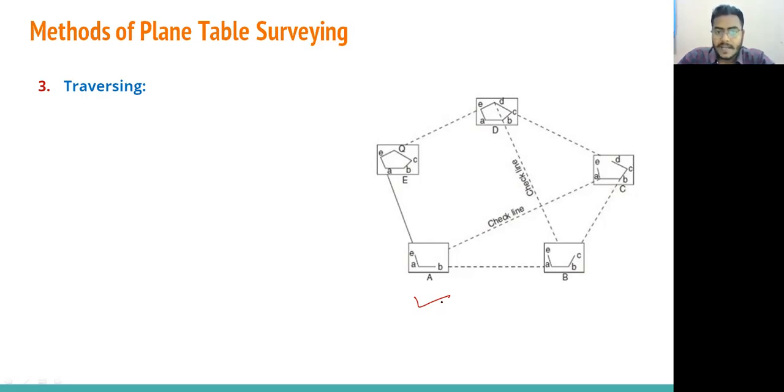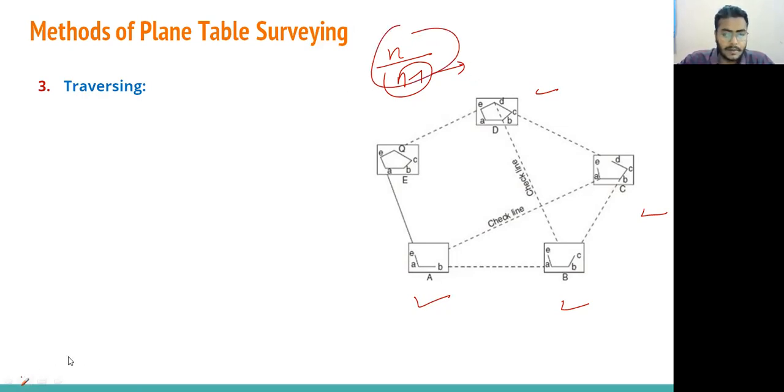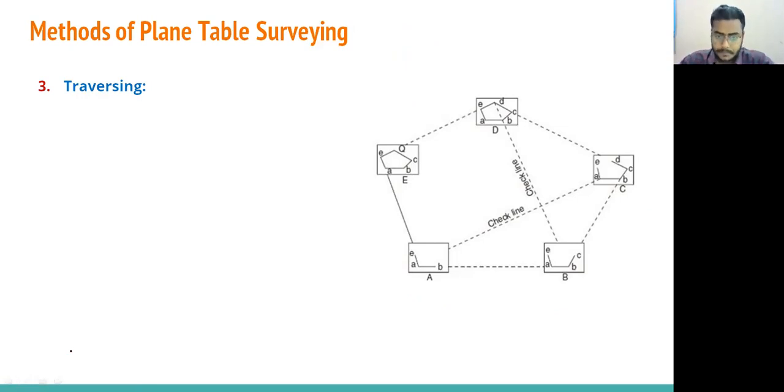at every station. Like if suppose total number of stations is n, so at least we should keep n minus 1 stations, right? Like in this case, once we kept A, B, we should keep at A, B, C, and D. No need to keep at E. We will see why. So if total number of stations is n, so we need to keep n minus 1 stations, right? So let's see what we are doing.